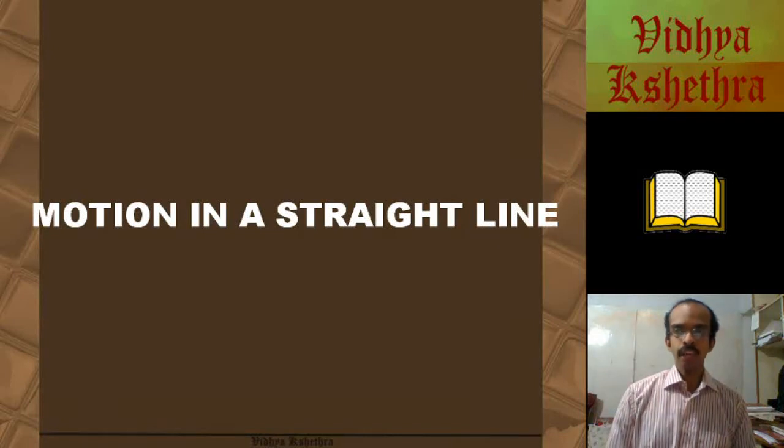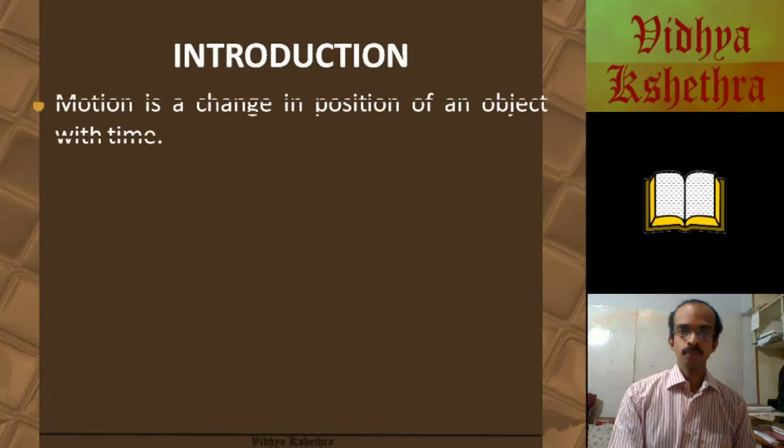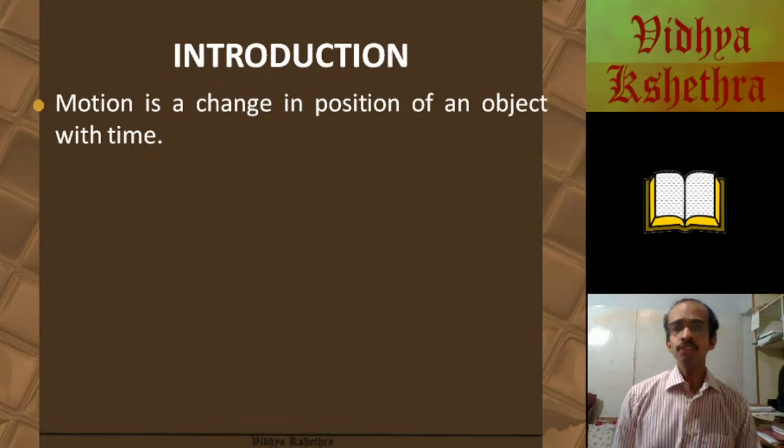Hello everyone. In this video, I will be talking about some of the basic concepts about motion in a straight line or rectilinear motion. Introduction. Motion is a change in position of an object with time. If there is a perceived change in position of an object with time, we can say that that object is in motion. Examples of objects in motion include the birds, the flies, etc., the planets which are in motion around